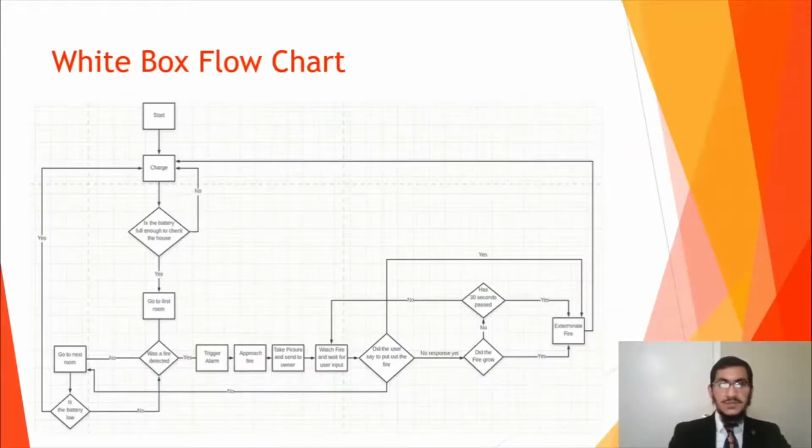This is the white box flowchart, which is the brain and how the robot thinks and functions. So it starts in the beginning charging, and after the battery is fully charged, it will go to the first room, see if there's fire, no, go to the next room. If the battery at that point needs to be recharged, then it will go back, otherwise it will keep checking for fire. And once it checks for fire and finds one, it will trigger the buzzer, the alarm, and then